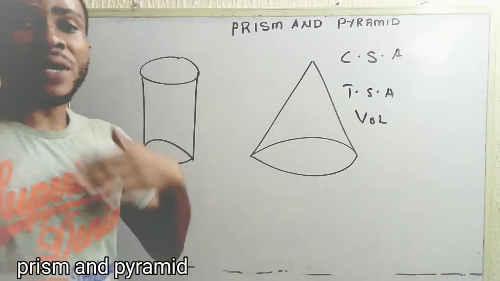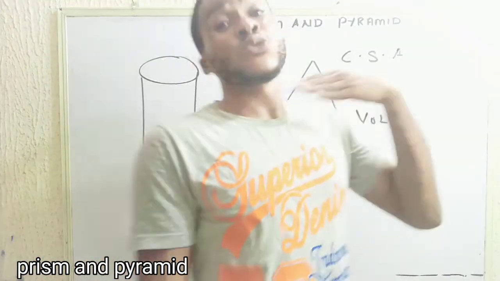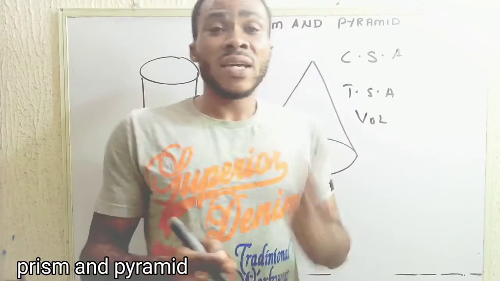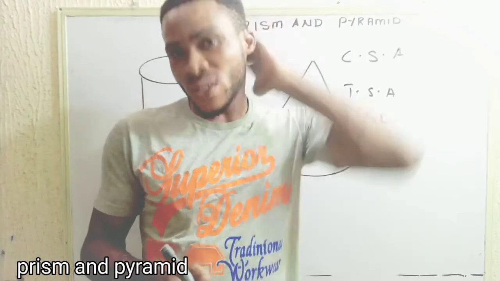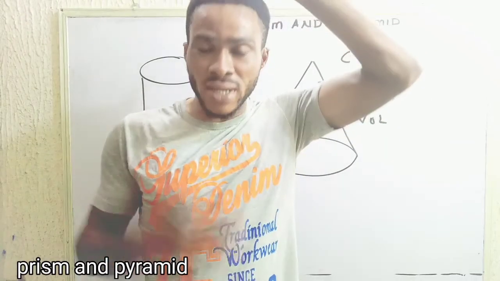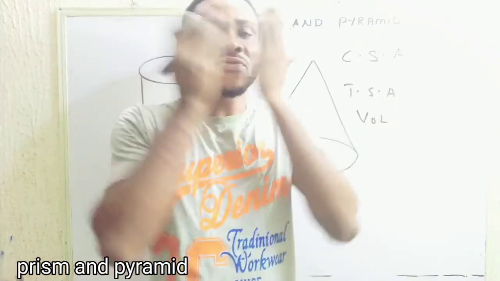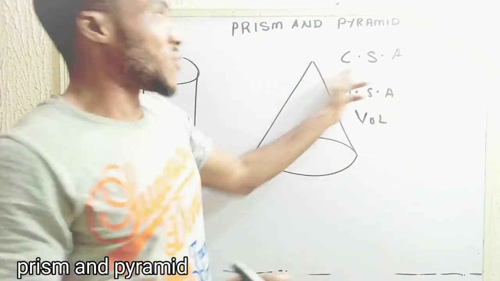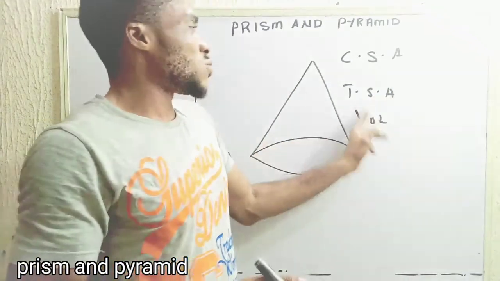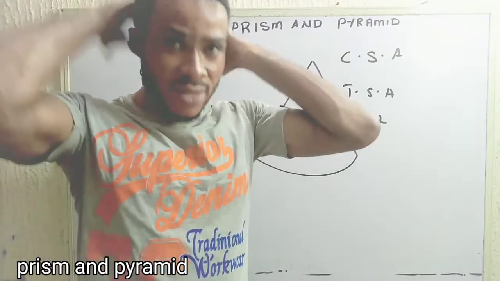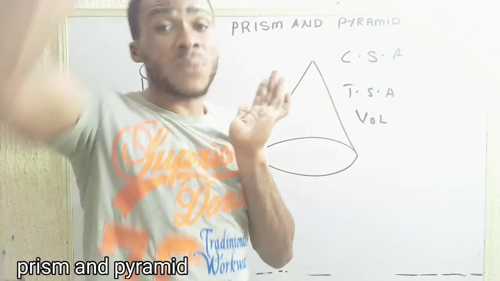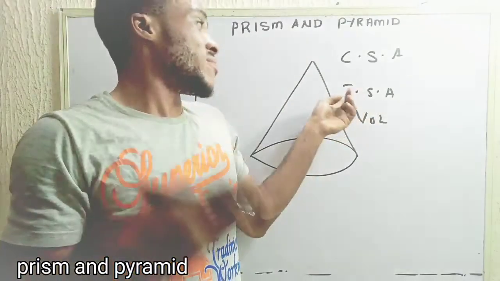Now, if I'm to wrap my head as a gift for you, that's I want to chop off my head and wrap it as a gift. If I wrap only the front together with the side, without wrapping the top and the base of the neck, that's the base here, what I have wrapped is known as the curved surface area. But if I wrap both the front and the back and the side together with the head, that's the top and the bottom of my head, I have wrapped what is called